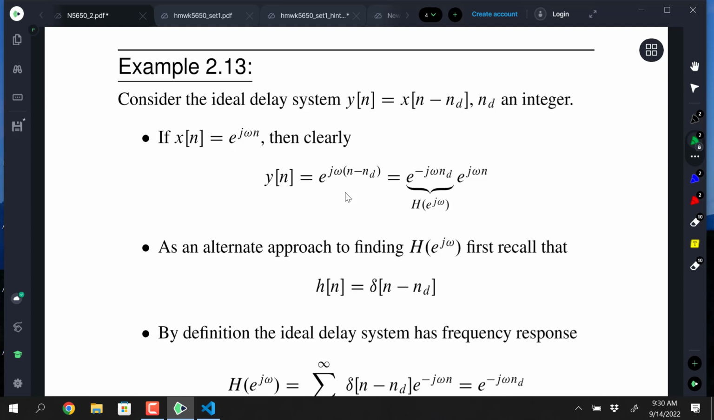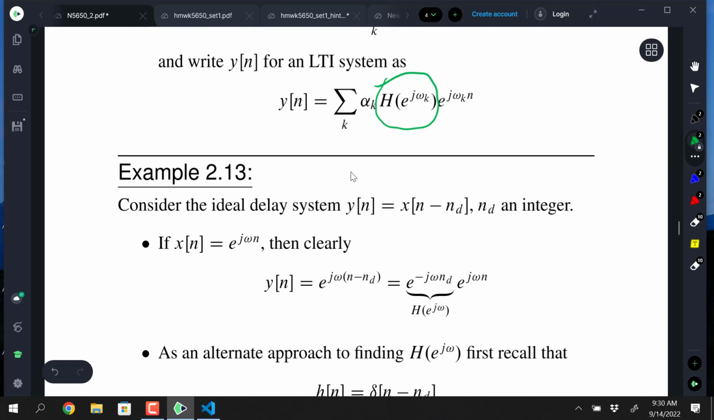I think I'm going to just stop right there. Just before we take the break, though, I'll just say we're going to have